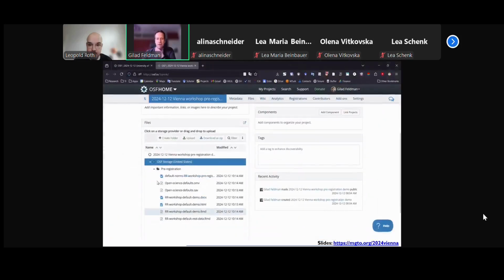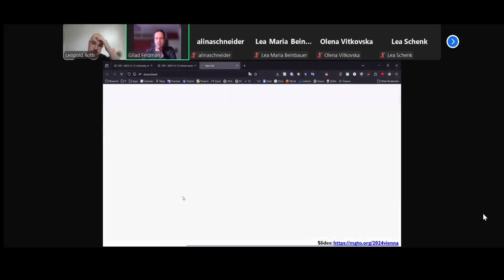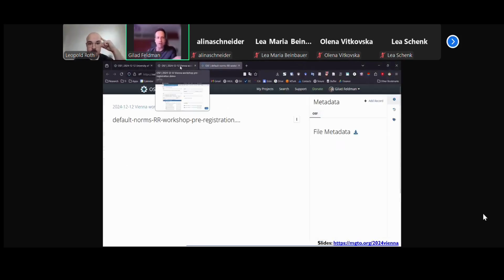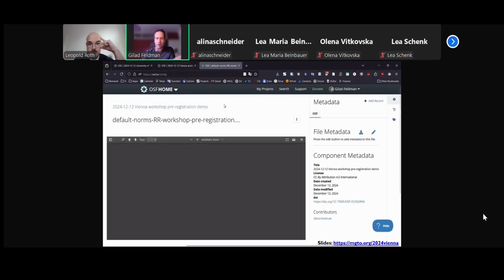Once it's already here, then I'm ready to do the registration. So this is just to show you that once I upload it, this is what it looks like. It converts even Word documents into a PDF, and then other people can use this URL in order to go and see these files. So once these files are uploaded and they are in the system, then we're ready to